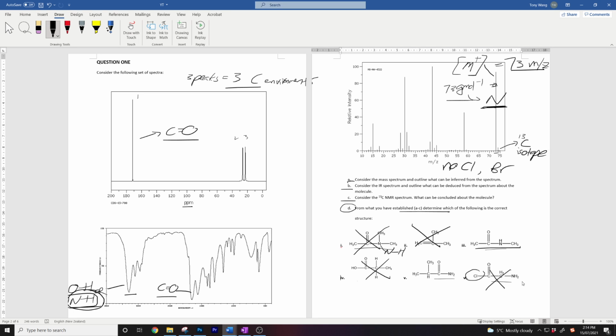Now let's look at the carbon environments. This is 1, 1, 2, 3. This is 1, 2, 3. So each of them has 3 carbon environments. I have a strong suspicion,